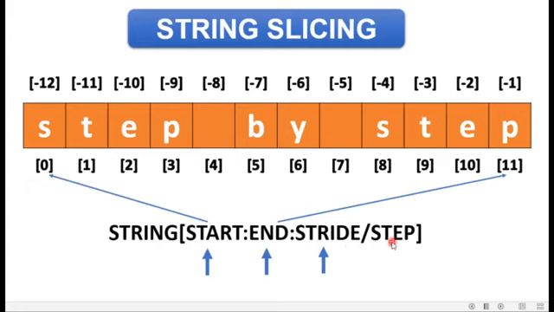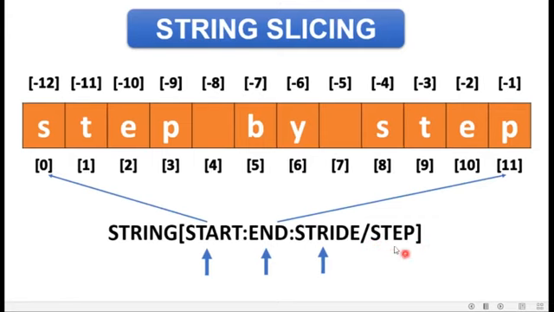If I say that the stride value is 3, then what will happen? After retrieving the 0th index character, it will jump onto the 3rd index position because 0 plus 3 is 3. And at the 3rd index position, we have the P character, so this will be retrieved. 3 plus 3 is 6. Then it will jump onto the 6th index position and Y will be retrieved from there. Then 6 plus 3 is 9. T will be retrieved and so on. So this is how stride, or we can say the step value, works.